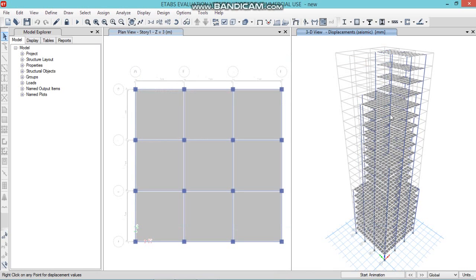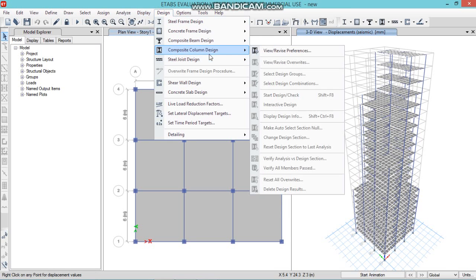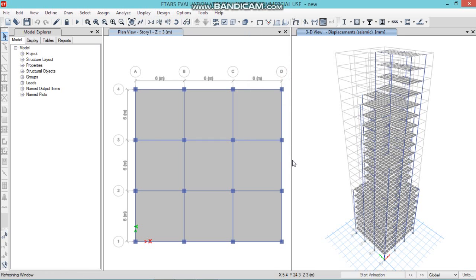Now the analysis results are there. Once the analysis is done, go to the design, click on concrete frame design, click on start design/check.